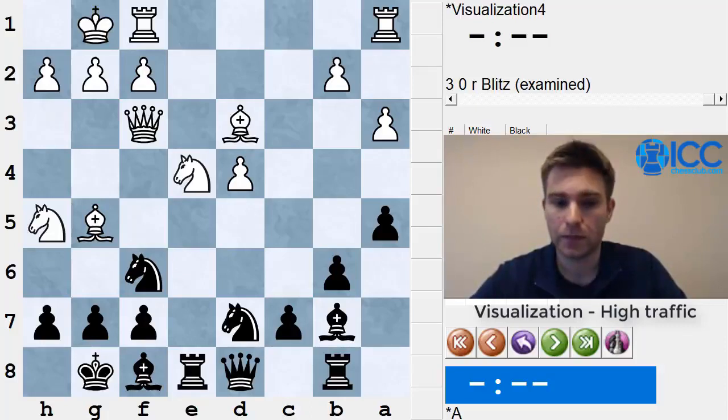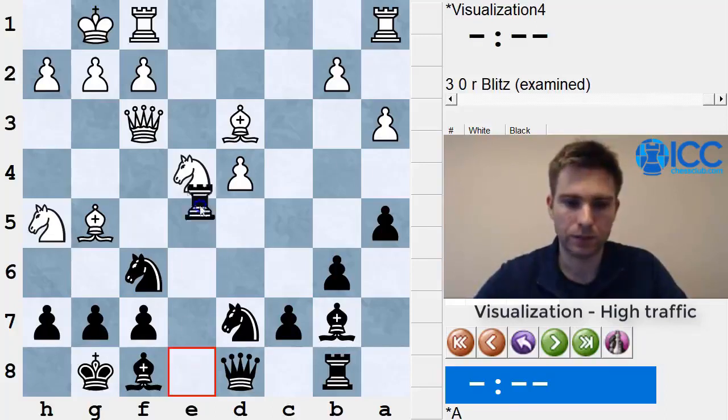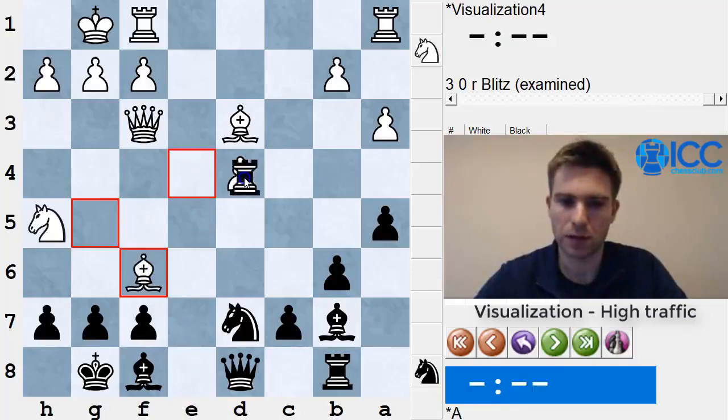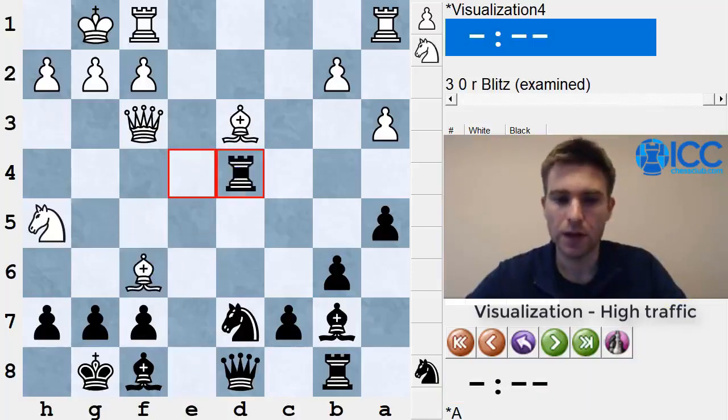However, we have a move here. And this is probably the most difficult part of this puzzle, to find this move for black. So after rook takes e4, bishop takes f6, we have a counter attack on his queen, and this is rook takes d4. And now I will make this on the board because it's becoming quite complicated. To make it simpler, so rook takes d4, discovered attack on the queen,